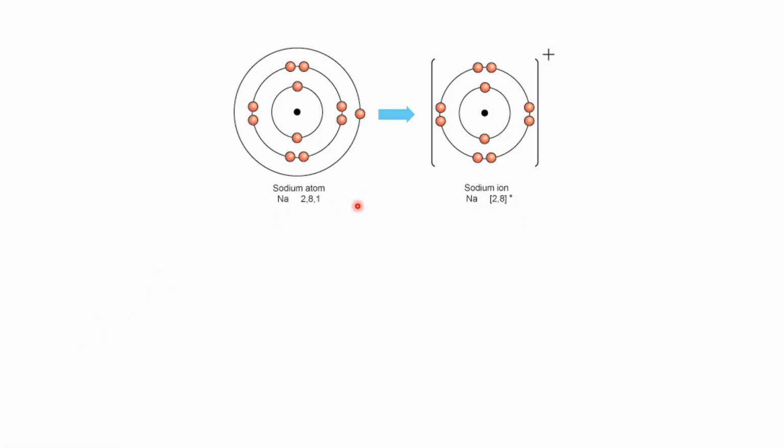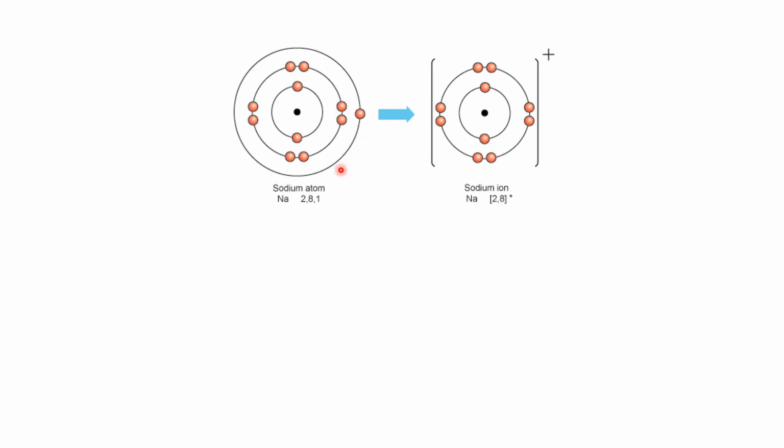So as I was saying earlier about the neutral state, this sodium atom is in the neutral state because there is no charge here, either negative or positive. But in the sodium ion, there is a charge that has come up, that is a positive charge, because of one electron leaving the atom. So this is now not the neutral state.